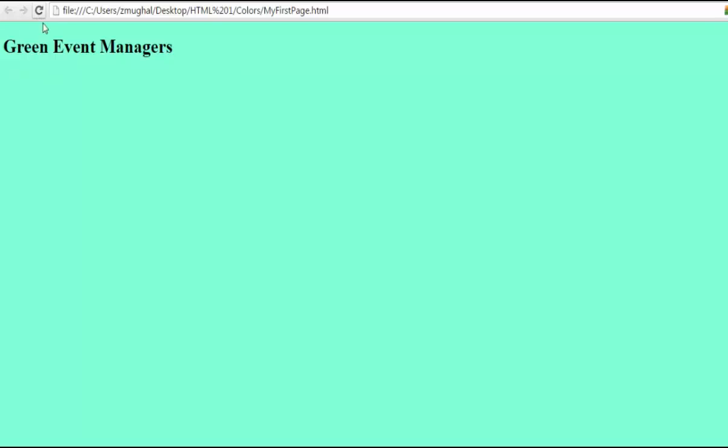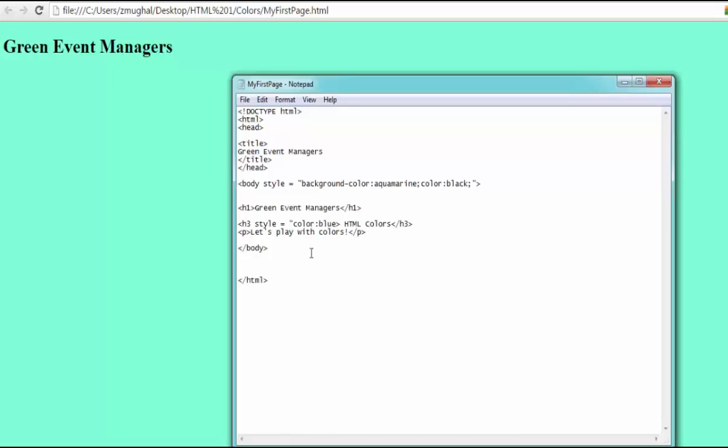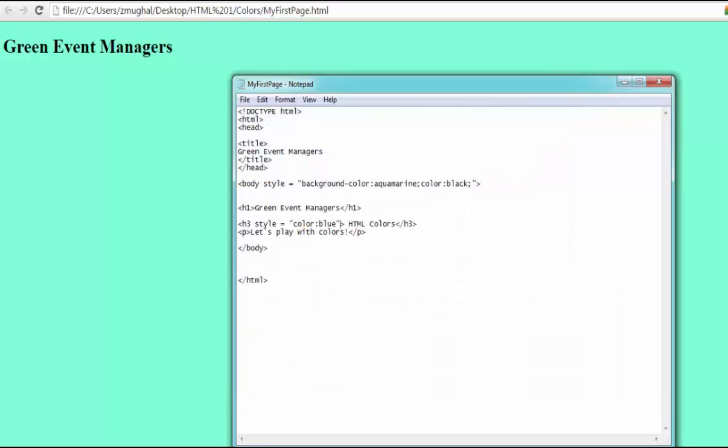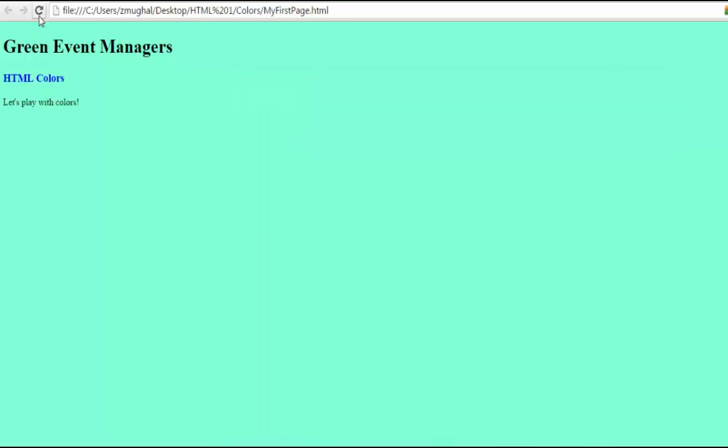All right, this was not expected. Let me check if I wrote the correct code. Here I did not add inverted commas. Close. Notice what happens: the browser refuses to read anything after the incorrect code, and that's such a sad thing, right? So just make sure that you write the correct code. Let's save and refresh this again. Okay, now let's refresh this page. All right, HTML colors, and that is the